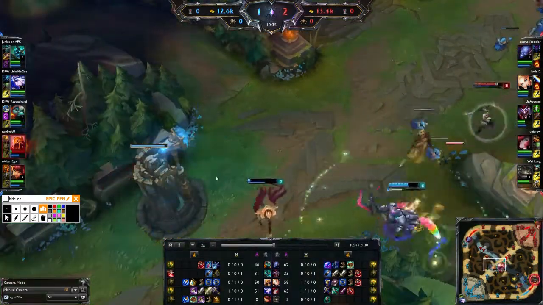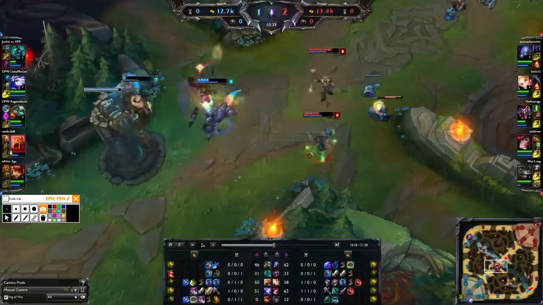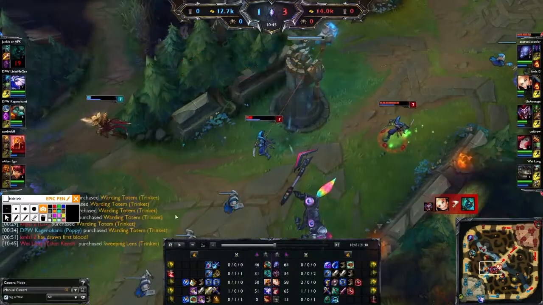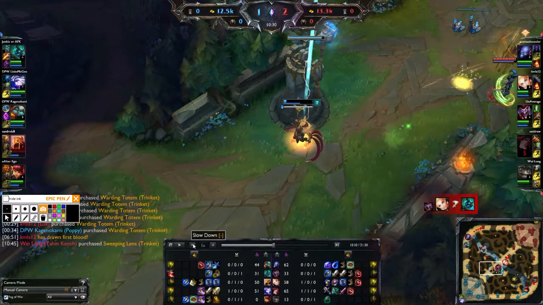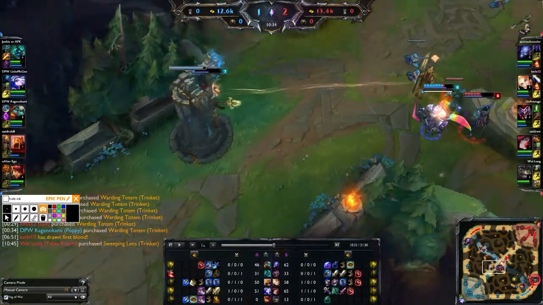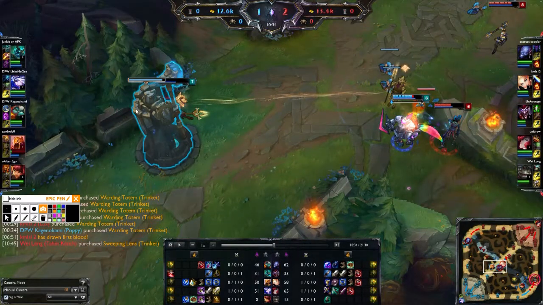Okay, you wasted barrier there. But other than that, you got out pretty successfully. I don't know why you stuck around, though. That was really dangerous to stick around here. So you got out, and now you need to leave. You pop barrier unnecessarily, but you need to leave. Like, maybe